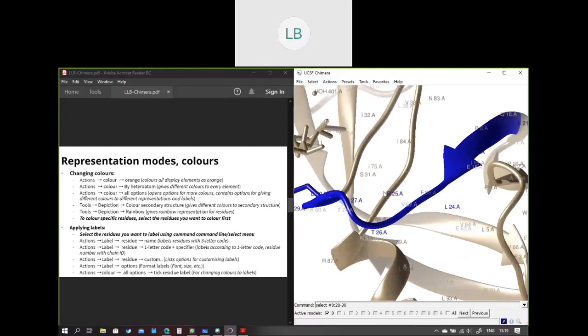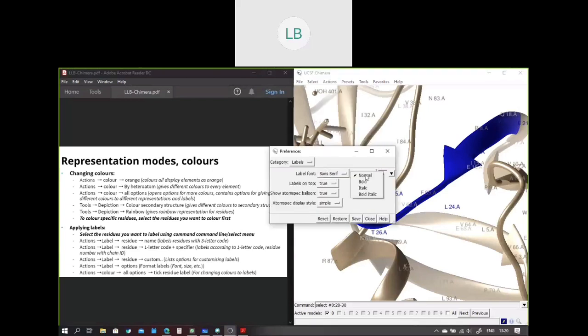And then if you want to customize the labeling scheme, we can go to label options, and it will show the different fonts we can give to the label. So either you can try the Times New Roman or the Arial font. Sometimes we can also give bold. We can change the font options depending on how we like it.